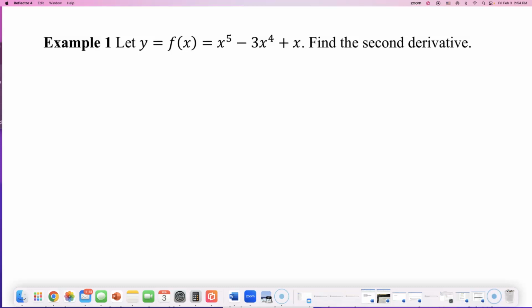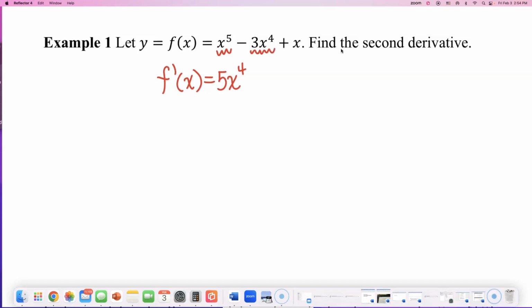Let y equals f of x equals x to the fifth minus 3x to the fourth plus x. Find the second derivative. So let's find the first derivative first, because we can't jump to the second derivative. So let's start with the first derivative. X to the fifth power will give us 5x to the fourth